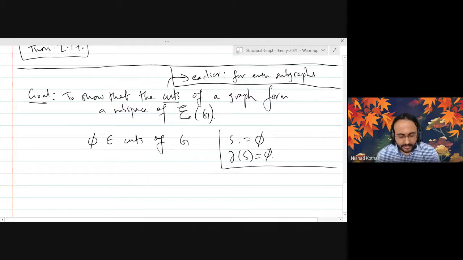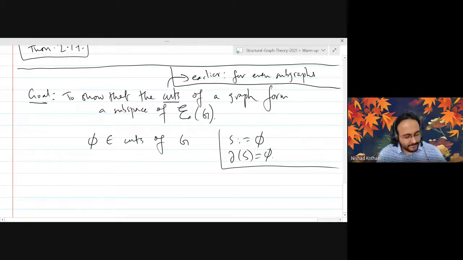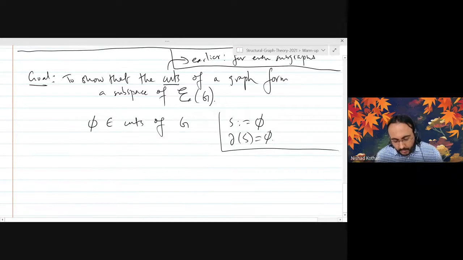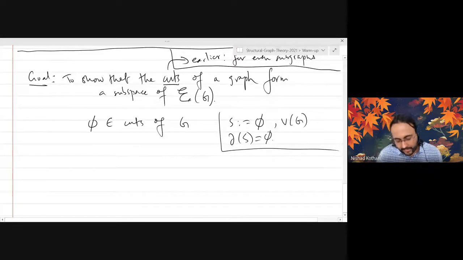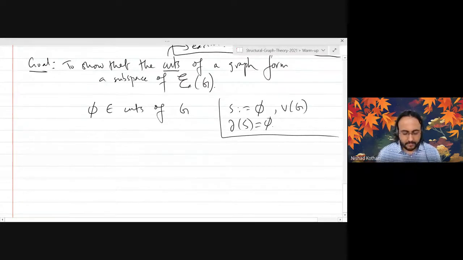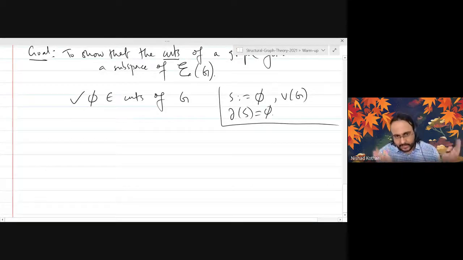So the reason you need to allow that is to make the mathematics nice. Also, it's also true for the vertex set of the graph. S could be either the empty set or the whole vertex set, and then again, the cut will be empty. Okay? So the empty vector, the zero vector, is in our subspace. The empty set is in our collection of sets.